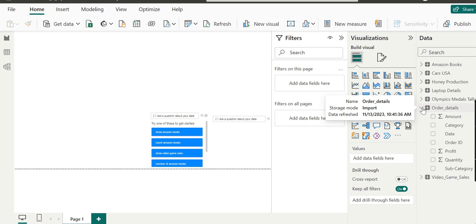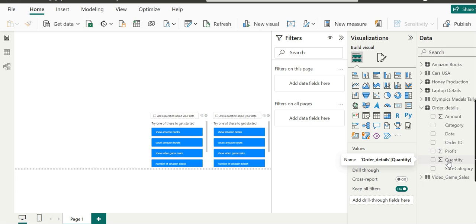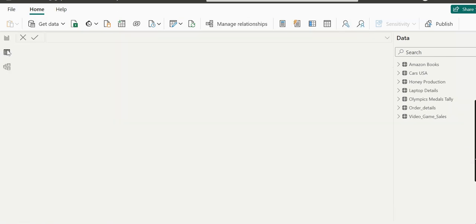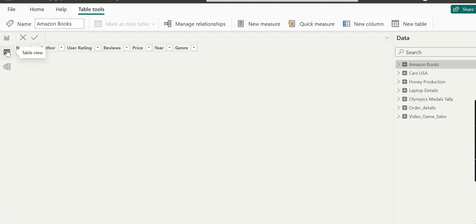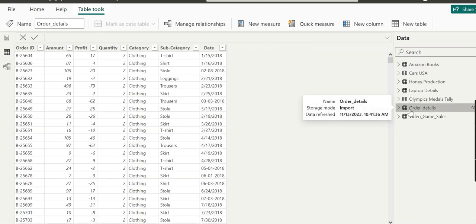If we go to the details here, you will see amount, profit and quantity are numeric values, so there is an option to summarize these columns because these are numeric values. Now we will head to the data section and click on the details of order details.